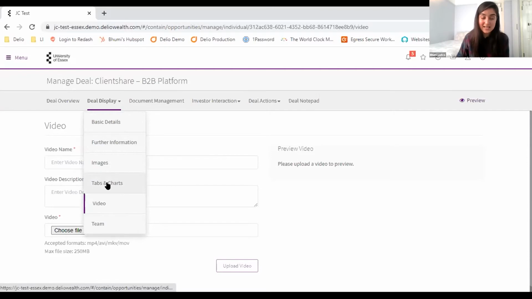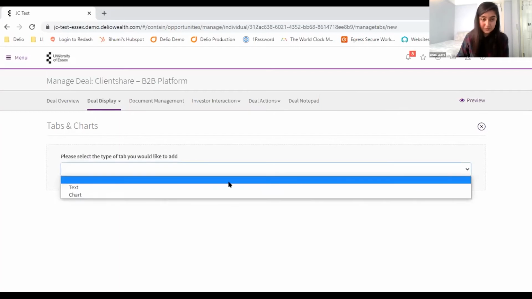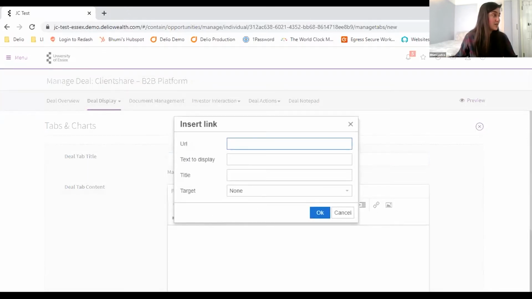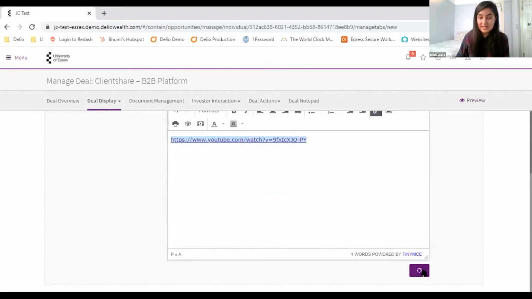I am actually going to add it as a custom tab and a YouTube link because I find that I will be able to do this a lot quicker. So video, and I'm going to add a link, which is this one here. And you can embed videos as well. So you can add images and then have an image which they can click on and it will send them to the video, or if it's embedded, then the video will play within the platform as well. So I'm going to save that tab here.